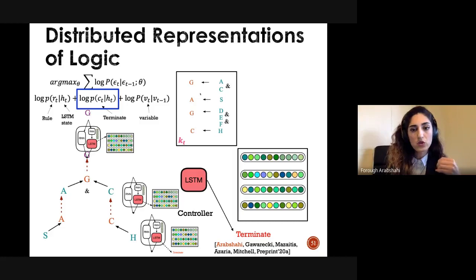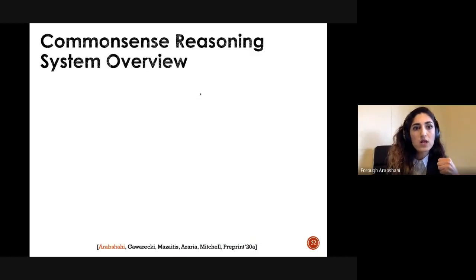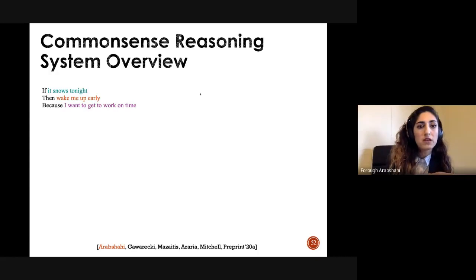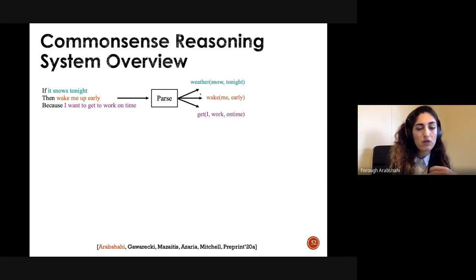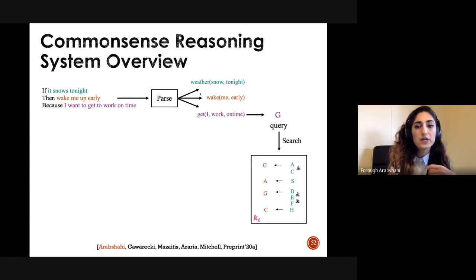And this is how we will learn these distributed representations. So let me give you the overall overview of the common sense reasoning engine. We are given statements in the form, if state S, then perform action A because I want to achieve goal G. And then we parse these statements into their logical form representations. And then we take the user's goal as a query,